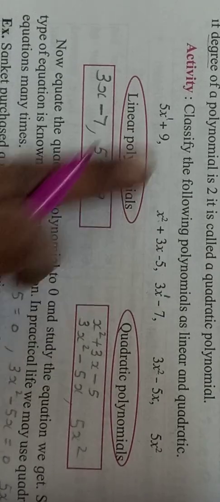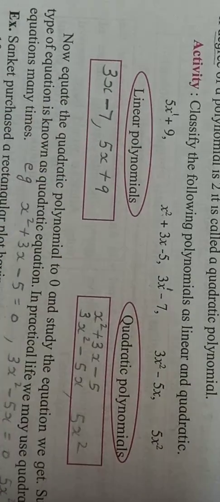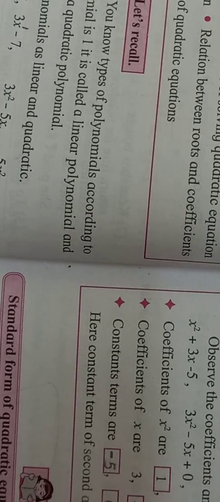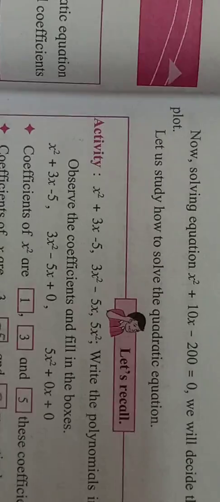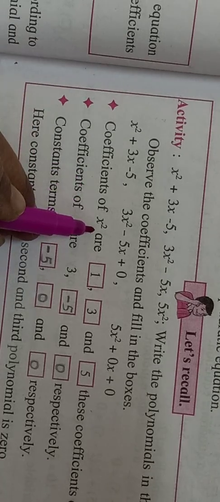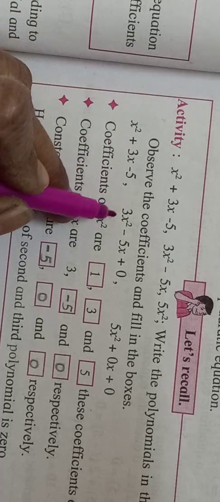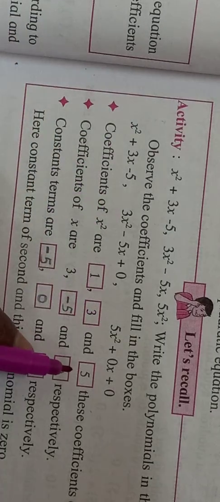Very simple it is. Write the question and like this you can make a rectangle and in that you can write. Now coefficient meaning I already explained to you all. Variable means letter, coefficient means number. So here this simple activity is given, that also you do it in your book. Coefficient of x square. Here you can see coefficient of x square. Here there is 1. Here coefficient of x square 3. Here 5. So like this you can complete.